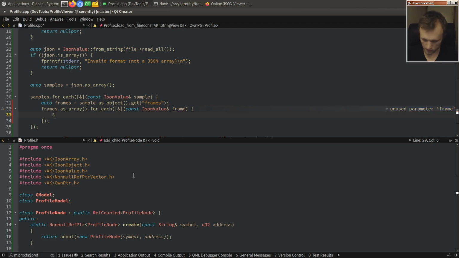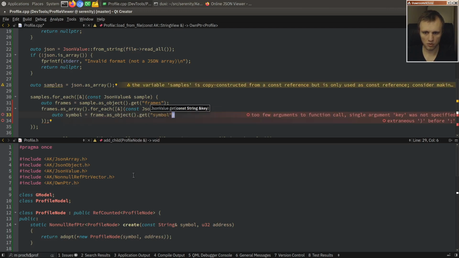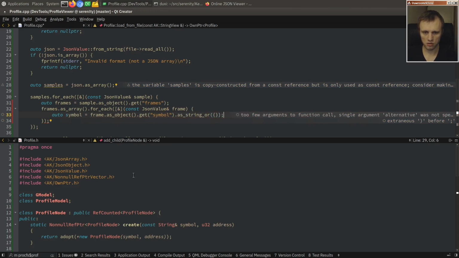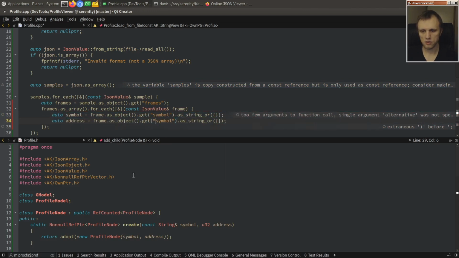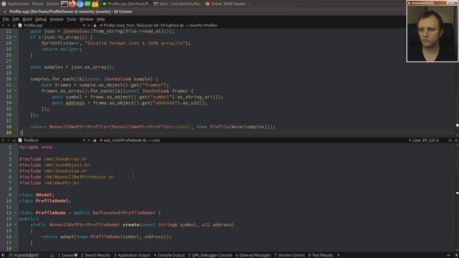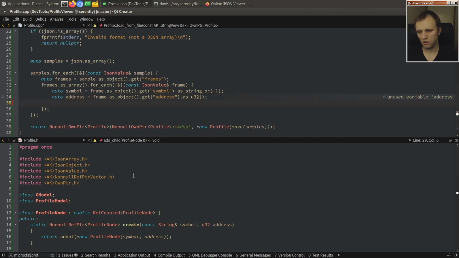So auto symbol is frame dot get as object, get symbol as string or null string. And this one is address as U32. Now what are we going to do with these guys? We are going